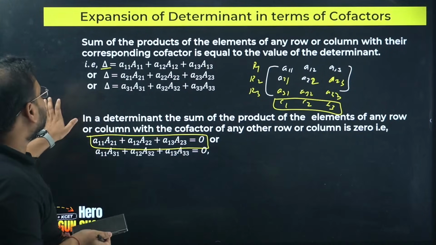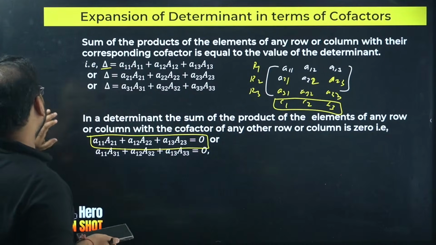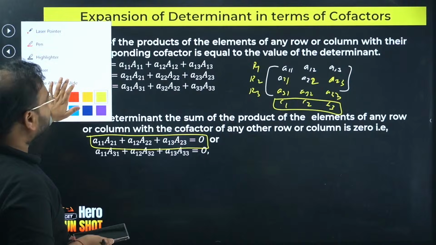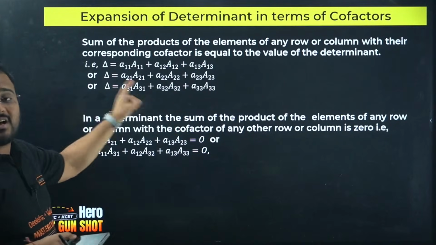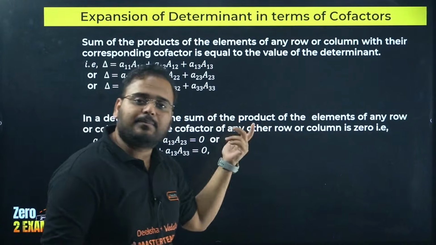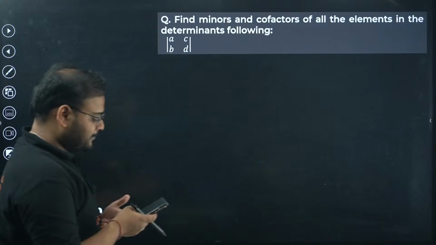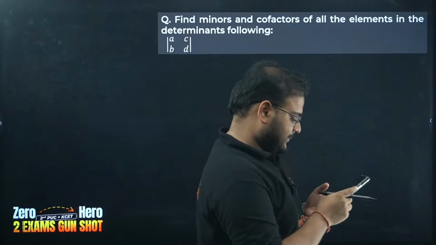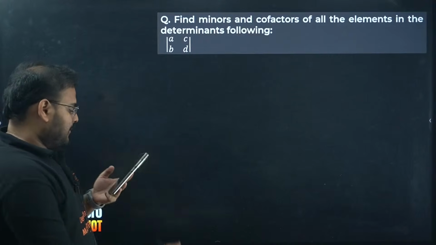This is the result on the basis of the product of the cofactor with the element of each row and column. Can I move on? Yes, because this question comes even in KCET, and of course in PUC boards this kind of question can be asked as an MCQ.